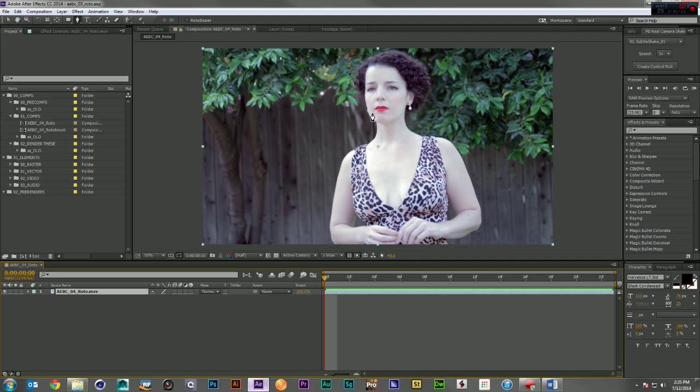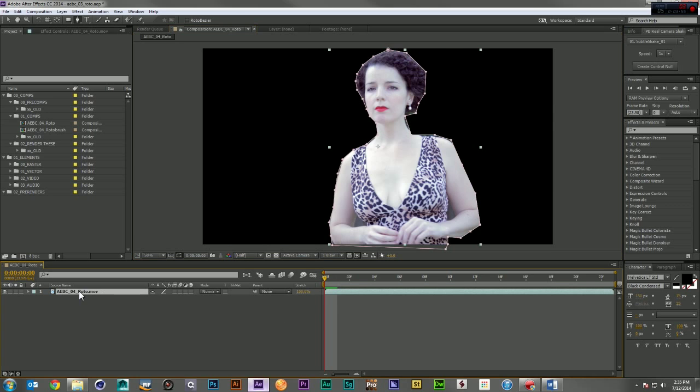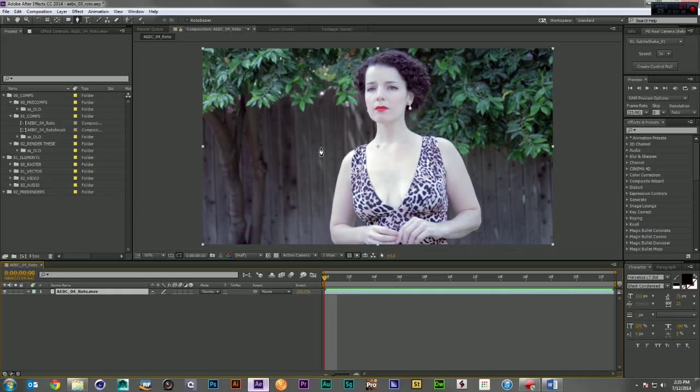The first couple of times I tried to rotoscope, I did what I think everybody does. You come in and you trace around the entire image. Now, this is a horrible way to rotoscope, because as she's going to move, we're going to have to update all of these points. And I'm doing this so loose and rough just to get it done quickly, but you would have to rotoscope so much tighter than this to realistically cut her out. And it would take forever to update all those many points. So instead, what I do is I break it down into groups, into pieces of objects that I can animate